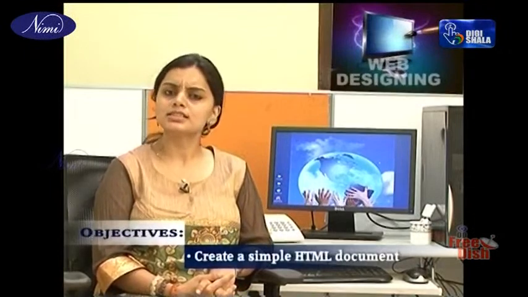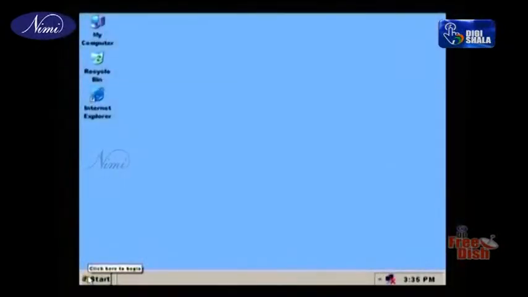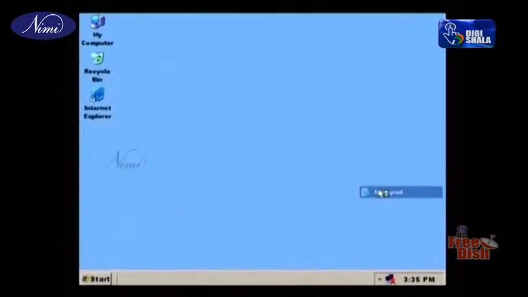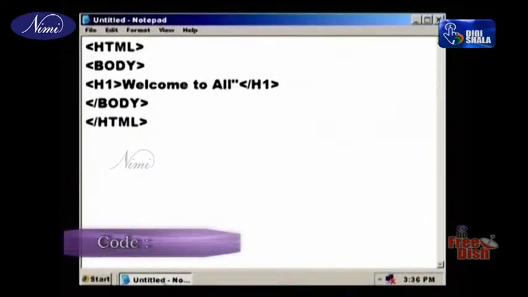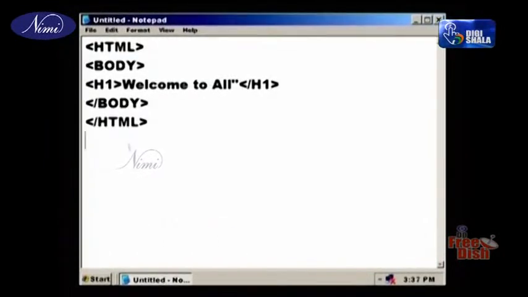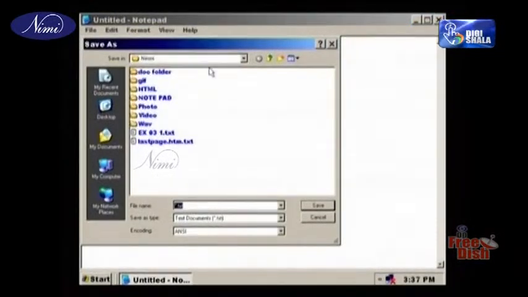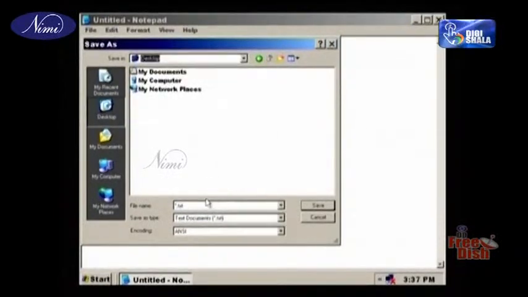The objectives of this exercise are to create a simple HTML document, save the file in a proper format, run the HTML document, and update the HTML document. To create an HTML document, select Program, choose Accessories, and click Notepad and type the HTML code. Then save the file in the location of your choice. But please remember to save it with the file extension as HTML. For example, save this file with a name